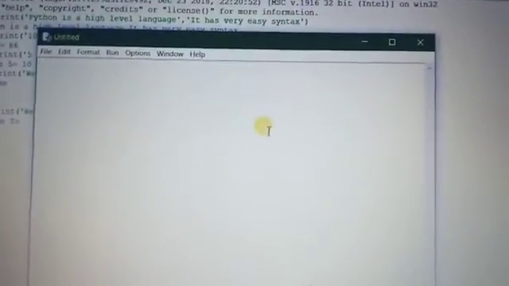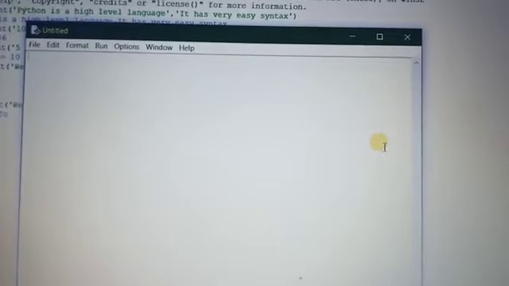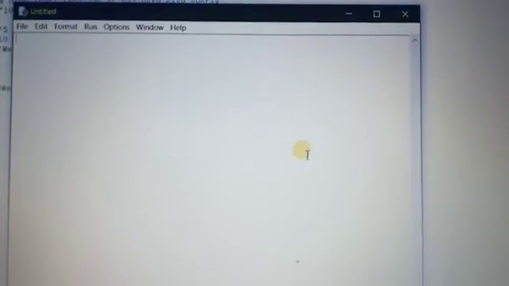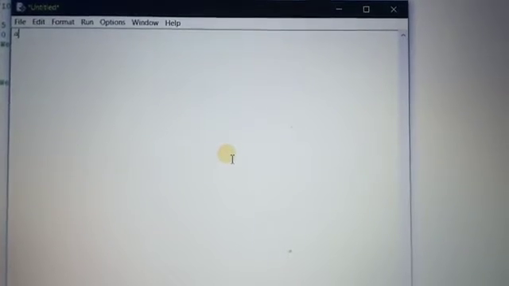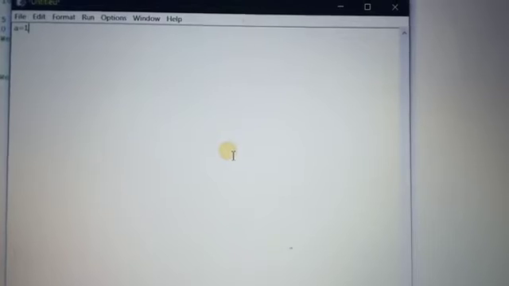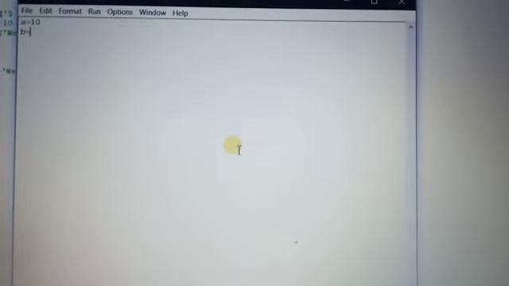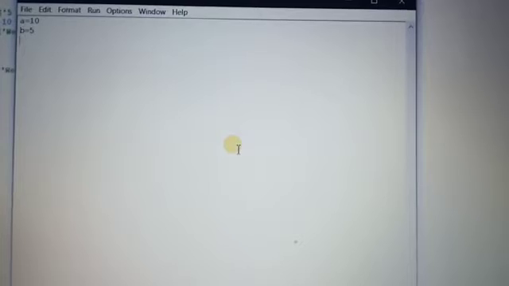Right now you can see on your screen that a blank text editor opens. That text editor is called script mode. Here I have typed, since last time we discussed variables, a equals 10. The first variable name is a and the value is 10. b is the next variable name. Then we can use some examples of arithmetical operations.